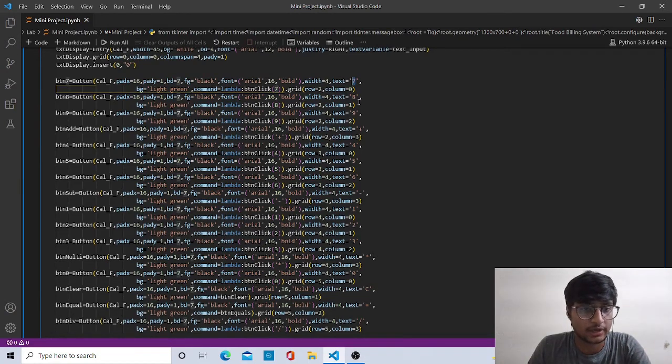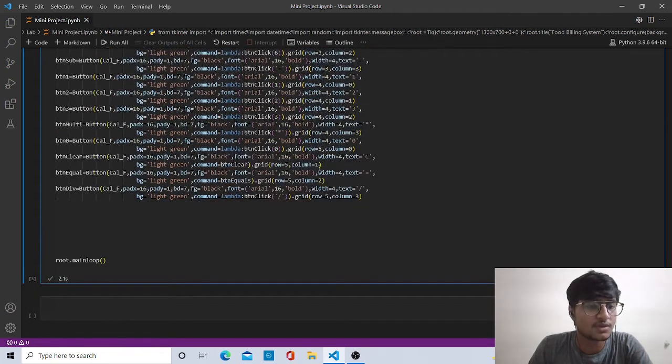All the numbers are included in it with the background color of light green. Command equal to lambda button click. If you click the button, then it will show on the screen with the rows and columns which are introduced in it.